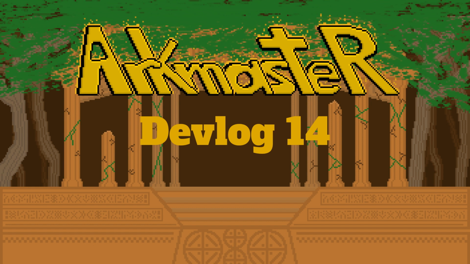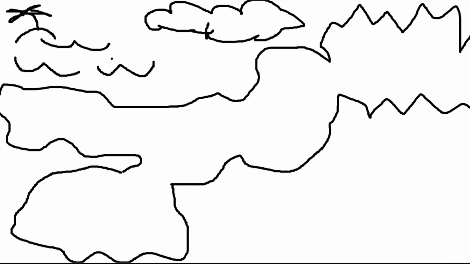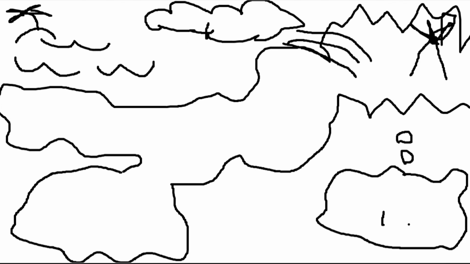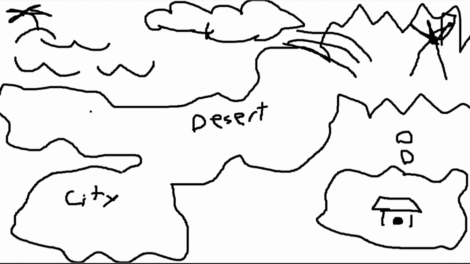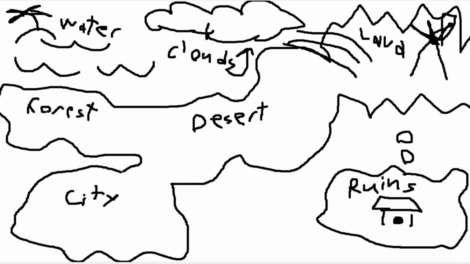This time we're covering something every video game needs, a boss, and the levels surrounding it. Now this is something I probably should have addressed in the last video, the video about the world map, but here's a crude representation of what the world map is going to look like in the future. Obviously, on each of these continents, there's going to be a bunch of themed levels, as well as a boss